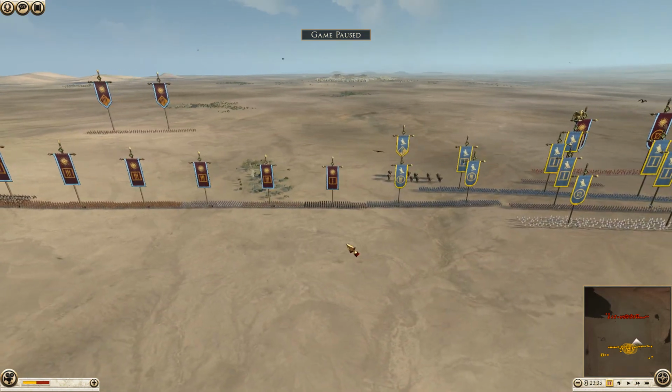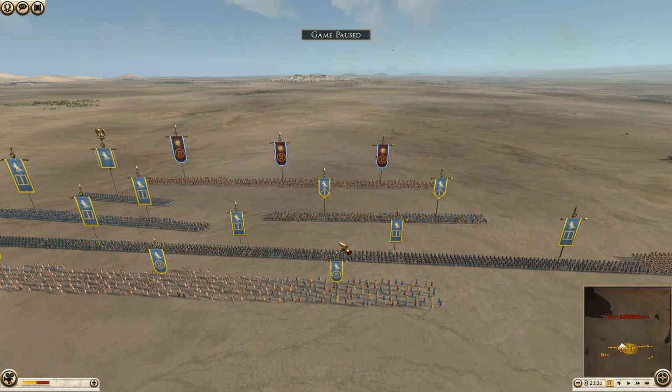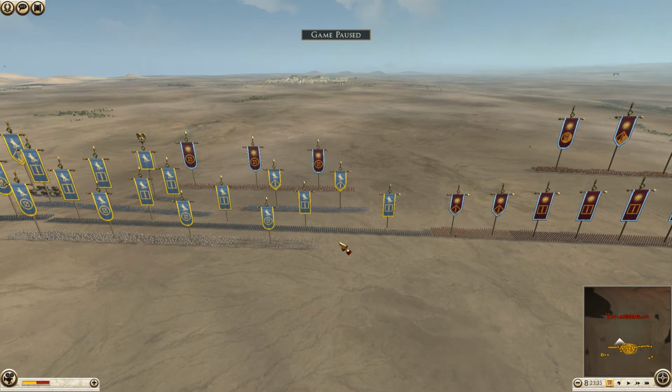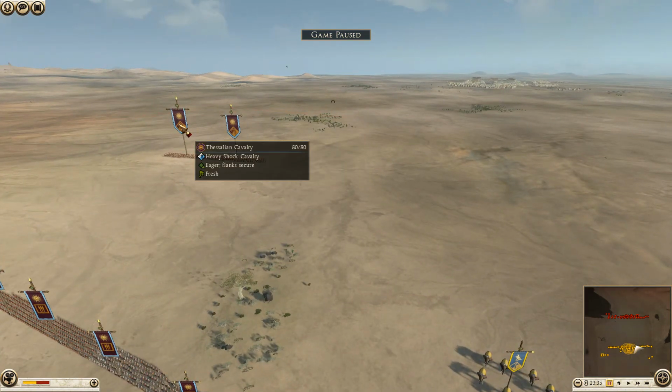Getting into Macedon here, we have Macedon being commanded by the Anthos 06. He has brought 5 units of thorax swords, 3 units of shield bearers, 2 units of royal peltasts, 1 unit of his foot companions. Getting into his cavalry, he's actually got 2 units of his Thessalian cavalry back here, heavy